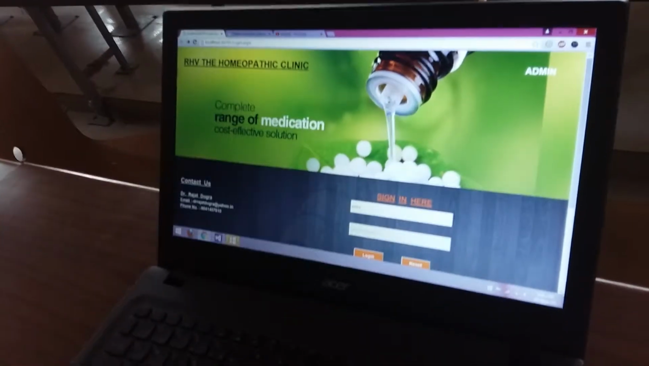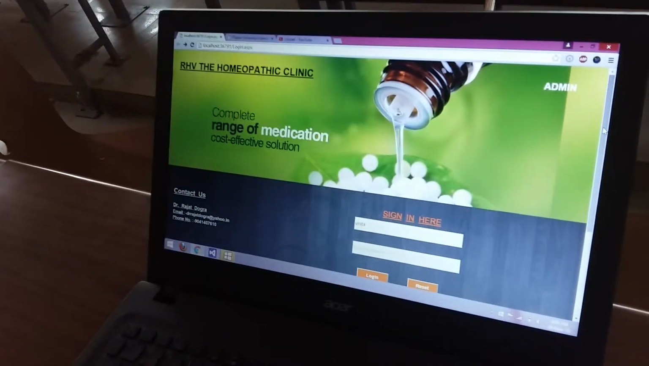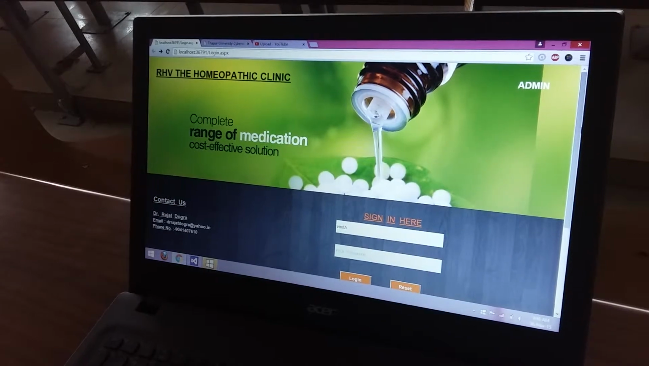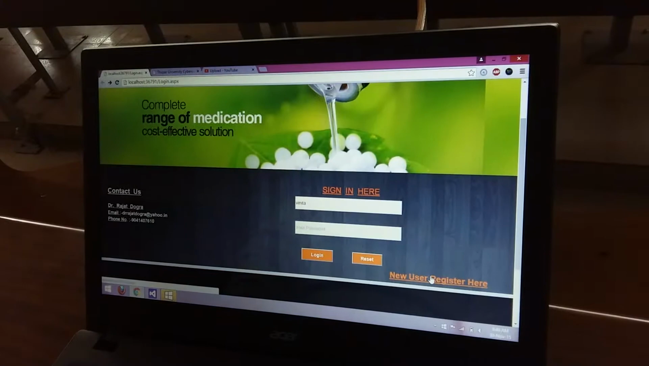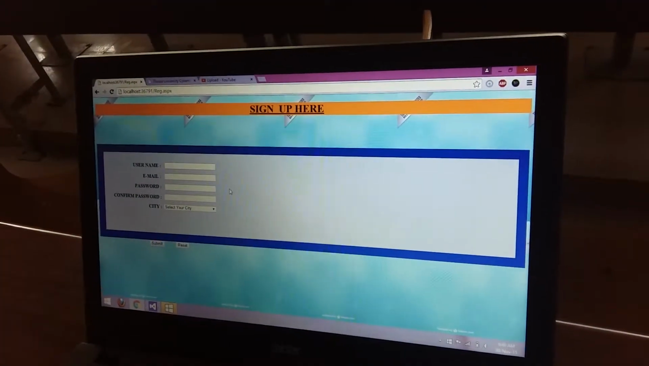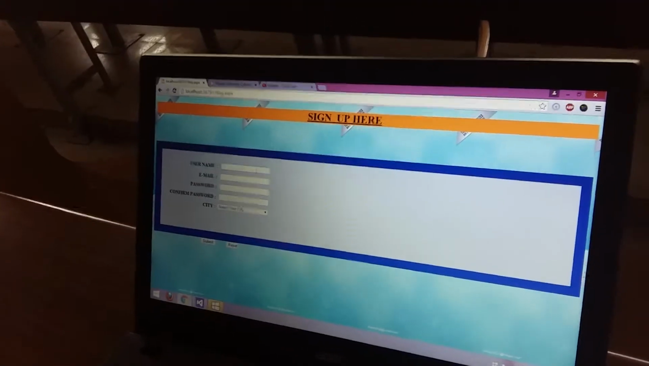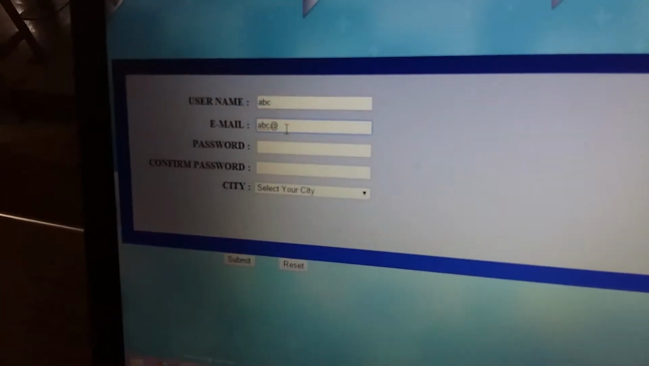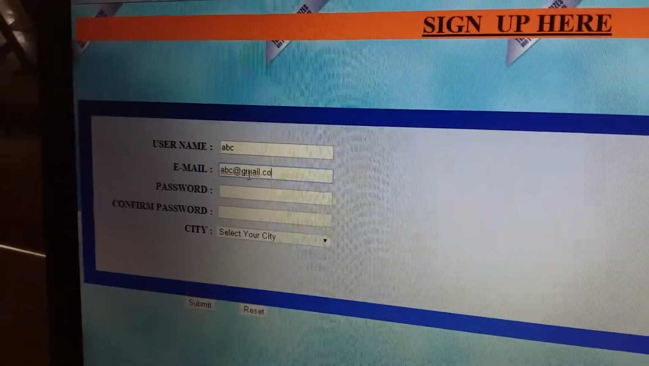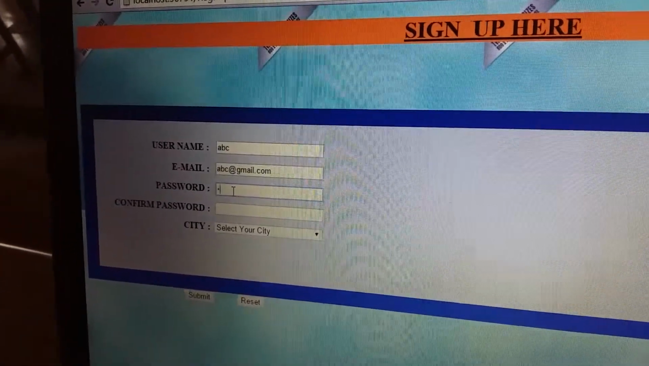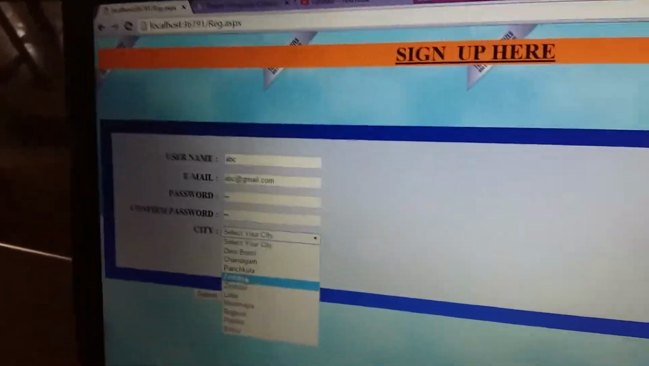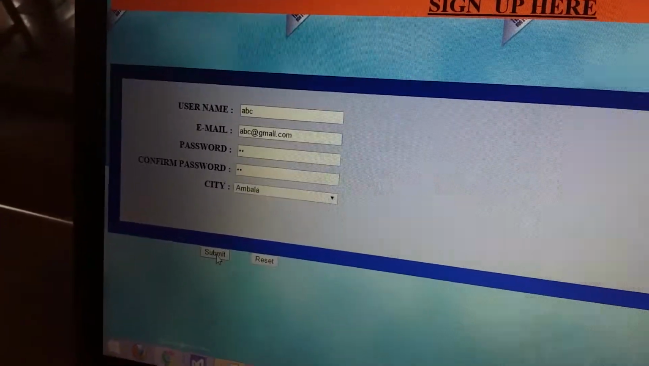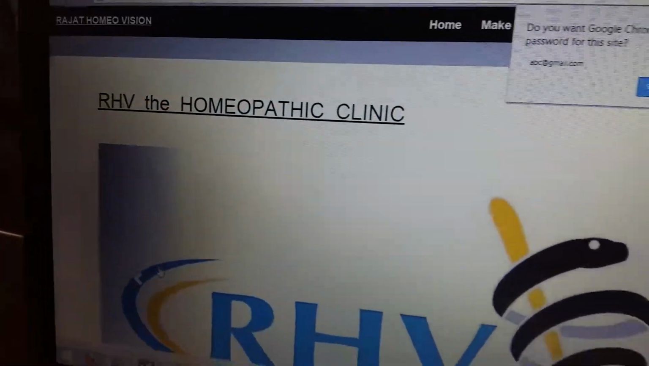This is the first page of our website, in which the user first logs into the website. If the user is not registered, he first clicks on the new user registration here. After this, the user fills out his details. For example, username is ABC, his email abc@gmail.com, then his password, let's say 12, then confirm password, then he selects city, Ambala. After submitting, he is registered and goes to the